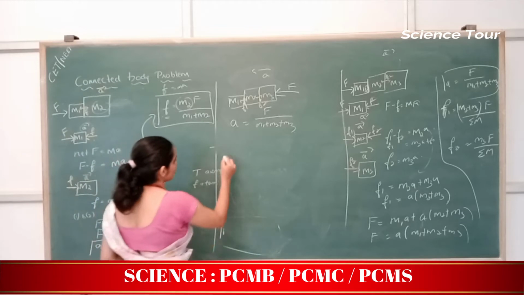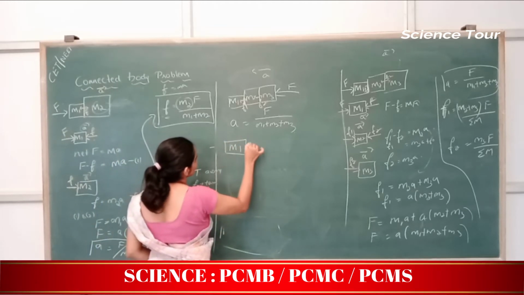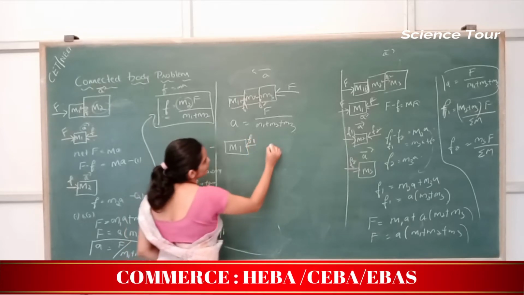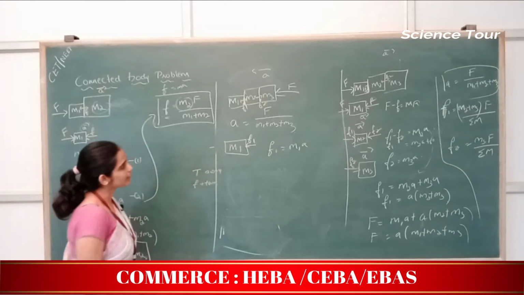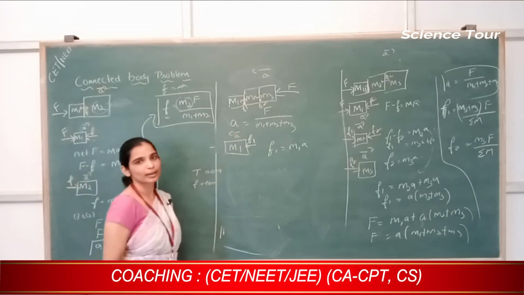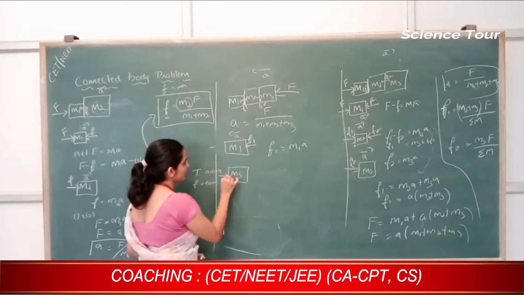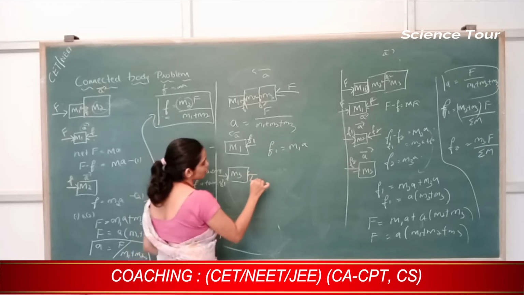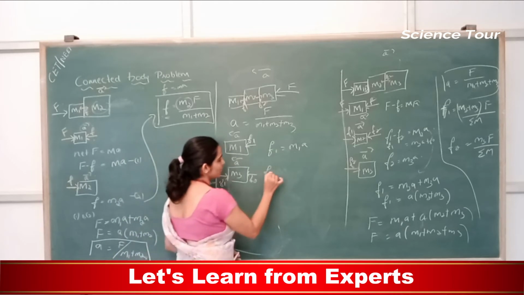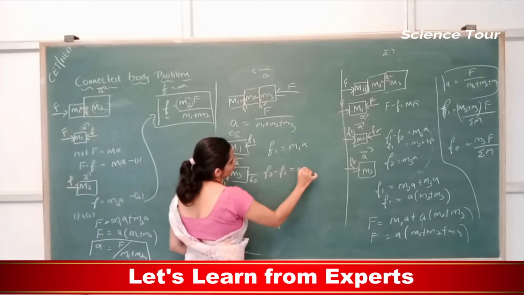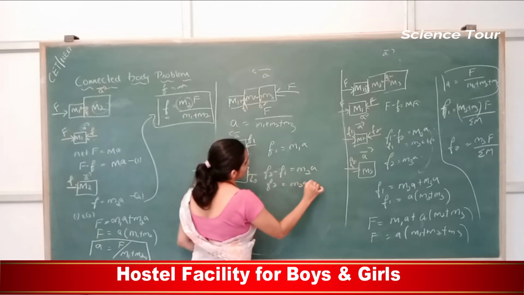We will find out. For that we should draw m1. The force acting on m1 is only F1. So F1 is equal to how much? m1 into a. Because acceleration is also towards F1. m2. What are the forces acting on m2? One is F1, another one is F2. Which is greater? Because acceleration is towards F2, F2 is greater. F2 minus F1 is equal to m2 into a. F1 we know, so F2 is equal to m2a plus m1a.